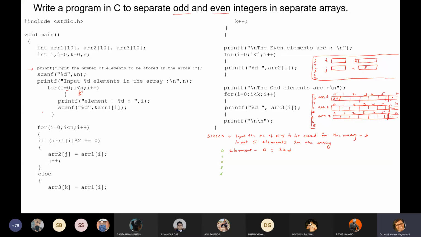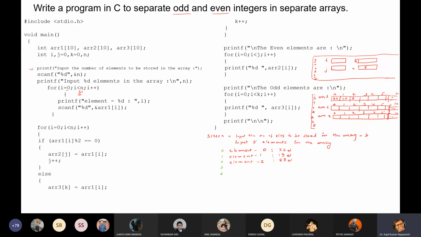Next for loop execution is element 1, 19. So 19 will be stored here. Then element 2, 88.